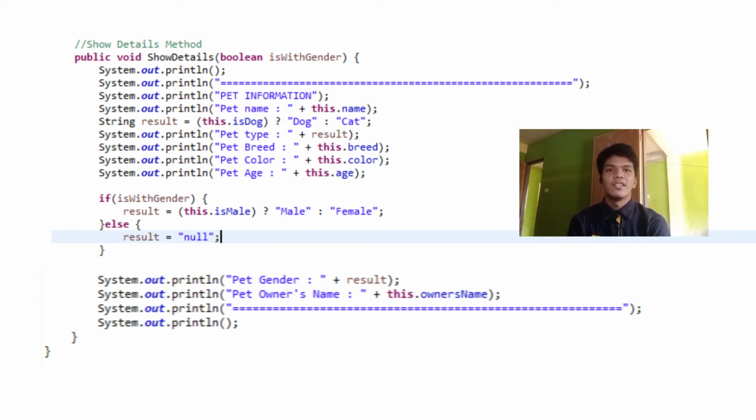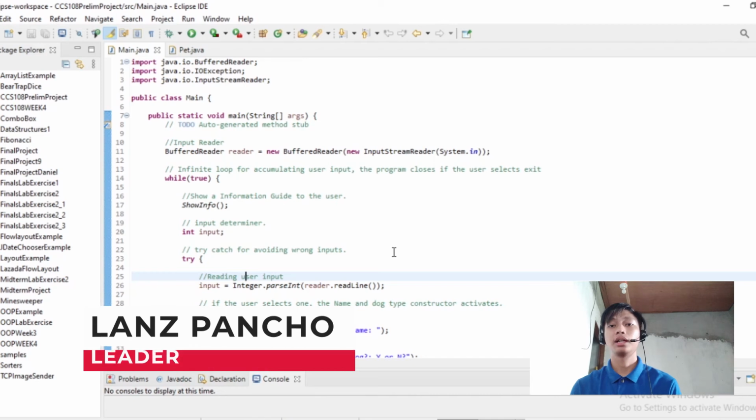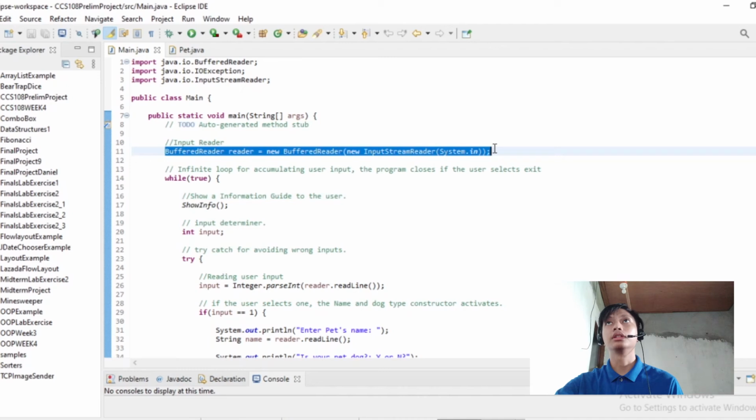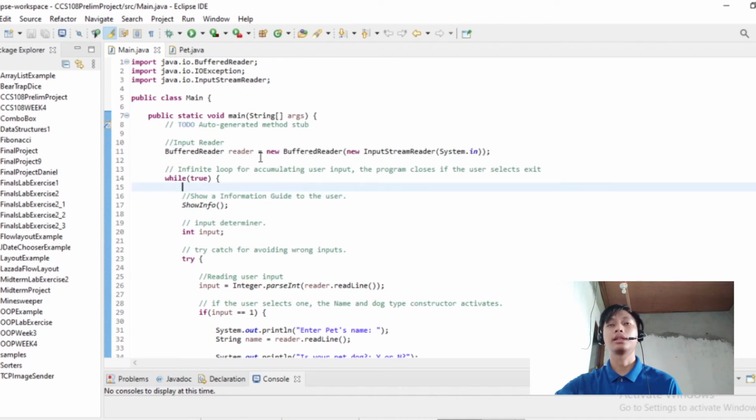And that's all. Hi, my name is Lance Rafael Pancho and I'll be covering the main method and our solution. So let's proceed to the code. We created a BufferedReader for accepting user inputs. Then next, we created an infinite loop for continuously